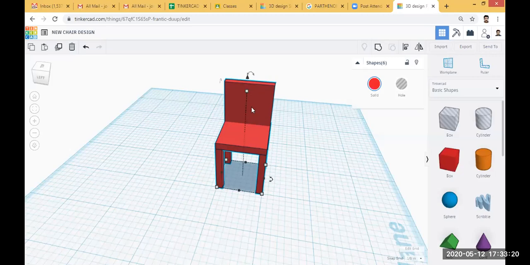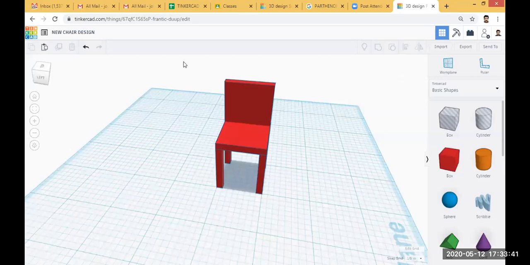Otherwise when you click this and drag it, this leg will move in this direction, this seat will move in the opposite direction, and this back will move in another direction. So we have to convert these 6 shapes into a single object.